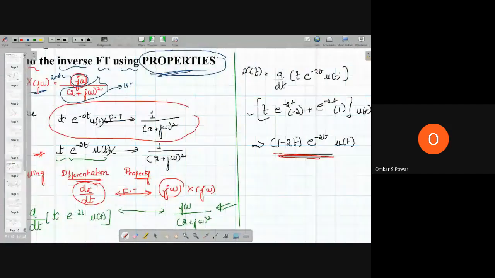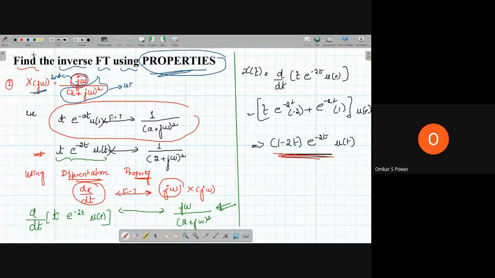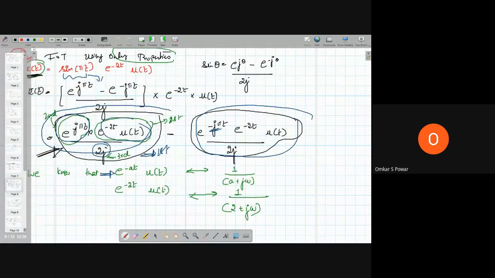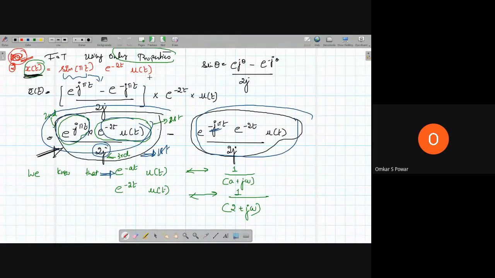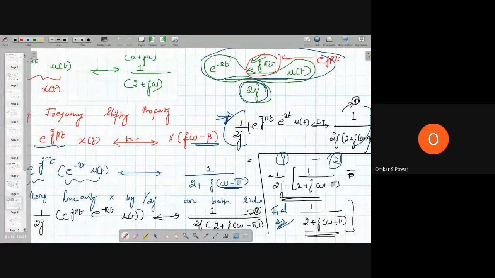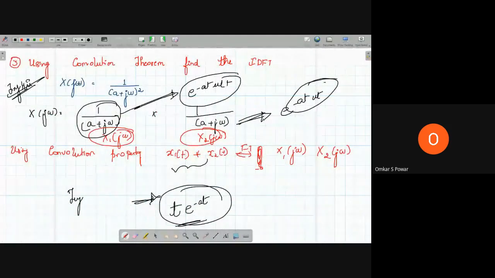Then after that, I solved problems using only properties. You can't substitute j omega equal to s and solve as in the previous problem. So you have this x of j omega, and using properties like the differentiation property, frequency shifting, any property you can use, you get the answer. So I have used these properties here. And then another problem like sine pi t e power minus 2t u of t I have taken. Step by step I went through and got the answer. So when they ask for a property, you have to use that property only. And this is the try problem for you. Anyhow, I will solve this in the next class, but try this, using the convolution theorem.